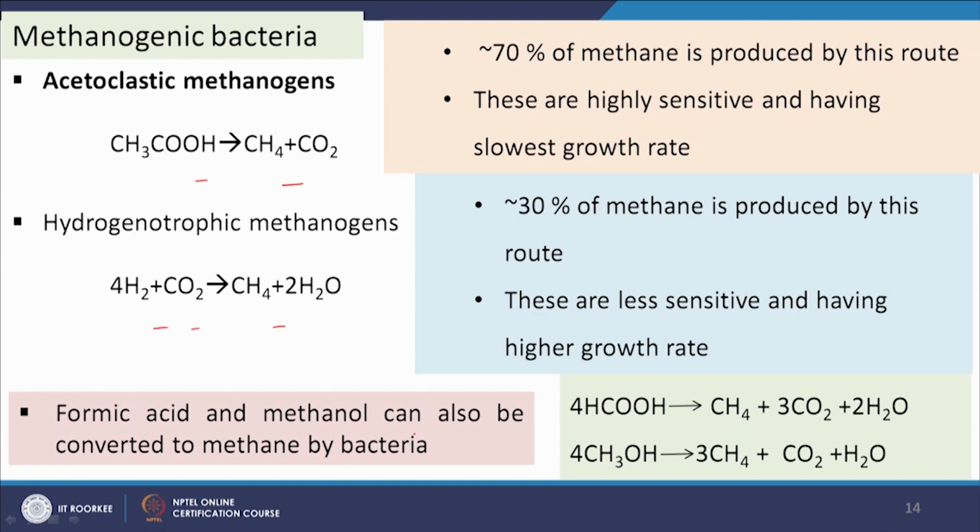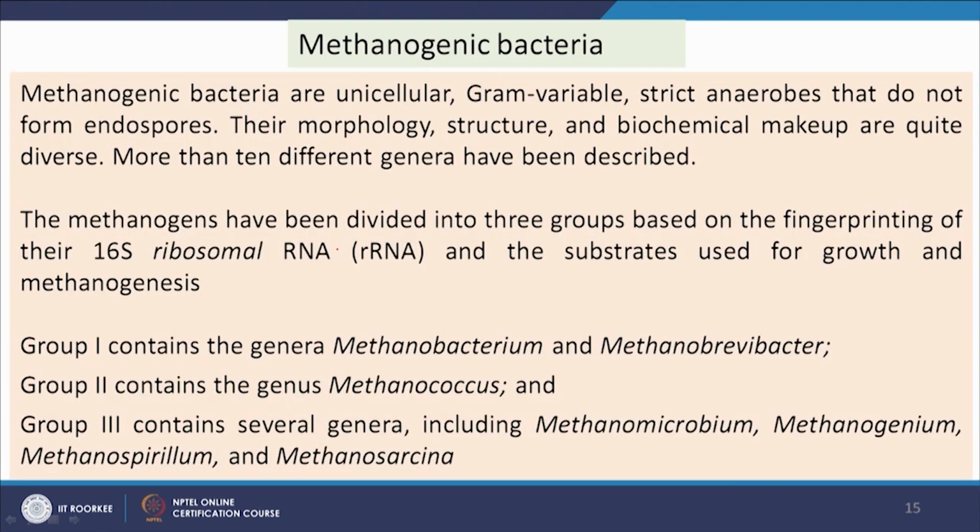And formic acid and methanol can also be converted to methane by bacteria, like formic acid to methane and methanol to methane, also possible by some bacteria, like say enteric bacteria. And 70% of methane is produced by this route, that is acetoclastic methanogens, and 30% of methane is produced through the hydrogenotrophic methanogens. And methanogenic bacteria are unicellular, gram variable strict anaerobes, that they do not form